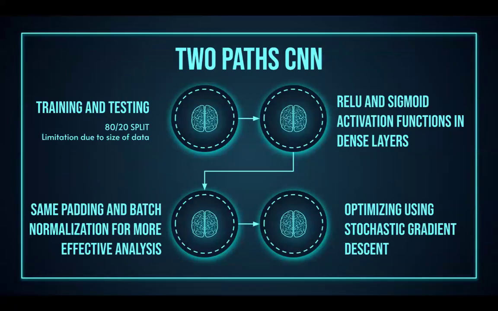So for our model, we started by training and testing using the traditional 80 to 20 split. However, we had limitations during the testing period due to the size of the data. During the architecture of our model, we used ReLU and sigmoid as activation functions in our dense layers. We also used same padding and batch normalization for more effective analysis. And lastly, we optimized using stochastic gradient descent as a default in order to see how the model performs without